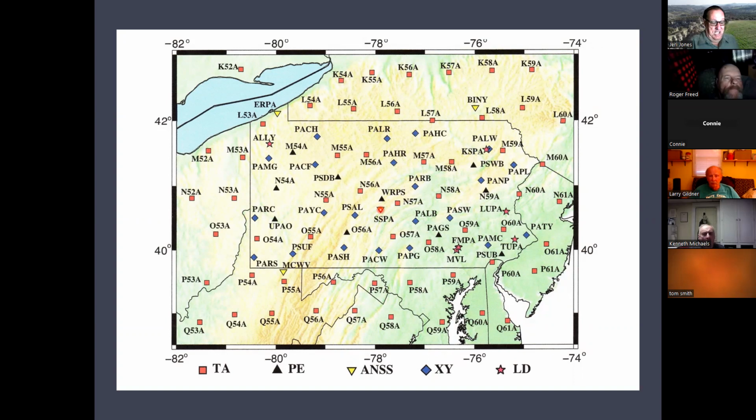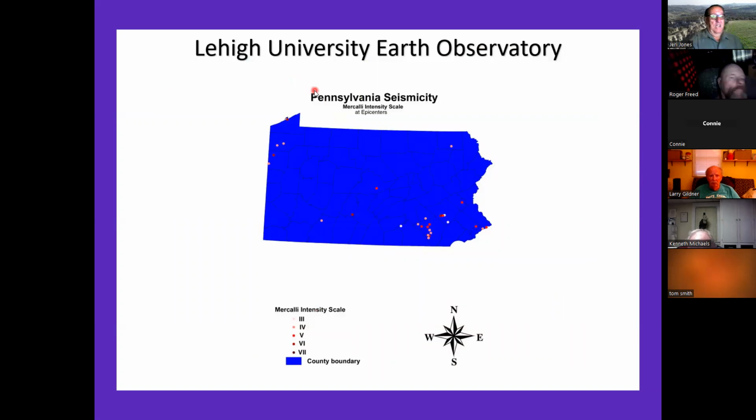Why man-made? Well, because we know that blasting at a quarry, for example, a large blast at a quarry, can produce P and S waves. But there's a way to see on a graph if they are natural or man-made earthquakes. So the network actually has them ranked out. There has not been a natural earthquake in Pennsylvania for several years now. The Lehigh University Earth Observatory, I don't think their live network is up anymore, but they have some cool information on their website about earthquakes in Pennsylvania of recent times, between the Mercalli scale, which is the one I was showing you with Dillsburg, with the people telling us about what they did feel, compared to the Richter scale,